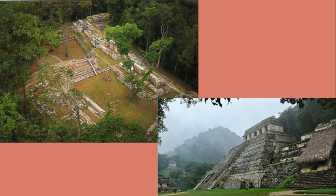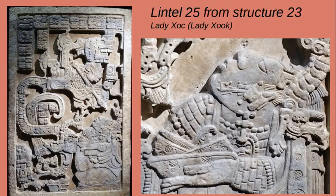There were rival cities nearby that they were at war with, and you consistently see images of power, images of warfare, and some of their ritual practices depicted in the architecture and the monuments here. And what they're really, really known for are these really cool stone reliefs that you would find in the lintels or doorways of the structure. And so we'll be studying this piece in just a minute, which is an example of one of those lintel